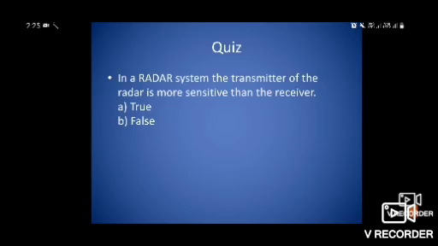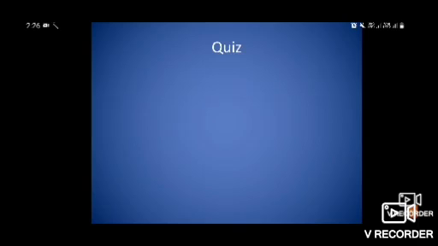Okay, in a radar system, the transmitter of the radar is more sensitive than the receiver. That means more sensitive or not? Is it true or false? The answer is false. The transmitter is not more sensitive than the receiver. Why? Because to transmit signals it uses high frequency signals, and when receiving signals it also has high frequency signals. There is no comparison, no more or less sensitive between the two parts, the transmitter and the receiver. And the next question is,